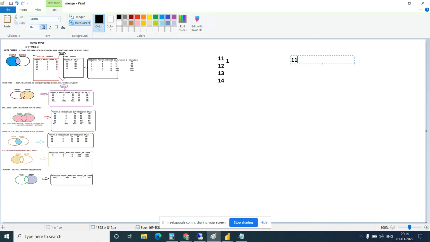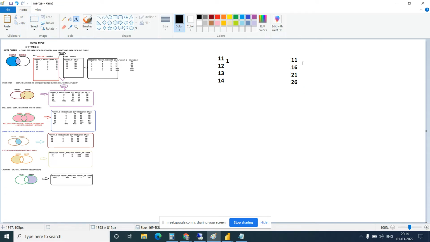Let's say 11, then 11 plus 5 means 16. Then 16 plus 5, how much? 21. Then plus 5 again? 26. So what is the difference between every number, 11 and 16? There is a difference of 5, which means it is incrementing by 5.